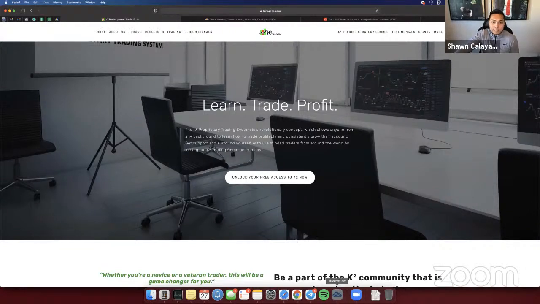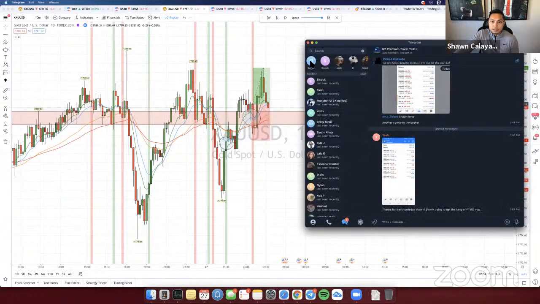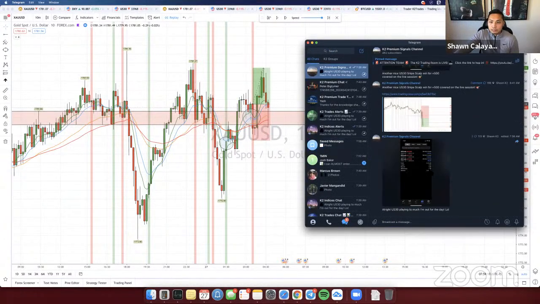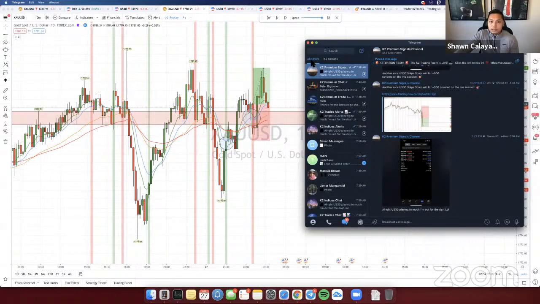But if you want the full package where you can actually apply the strategy yourself and make a ton of profit like everyone else over here. As you can see right here, I only locked in 4,000 today. This is all that I locked in because I only took 3 trades with you guys this morning. As you can see, everyone's profits here.